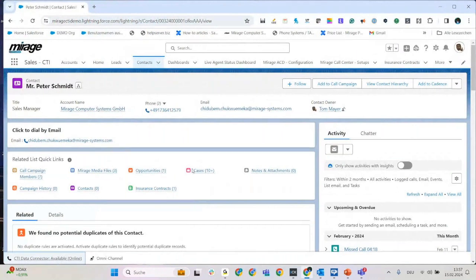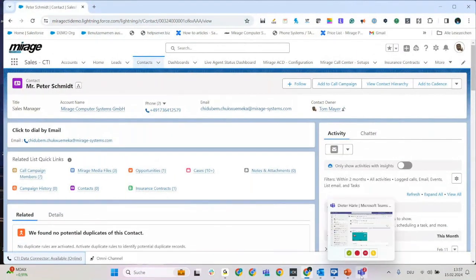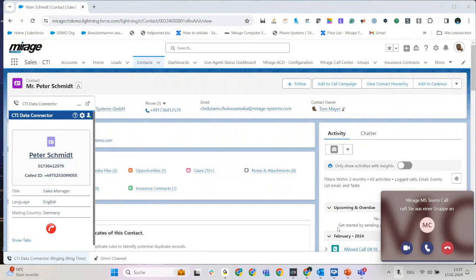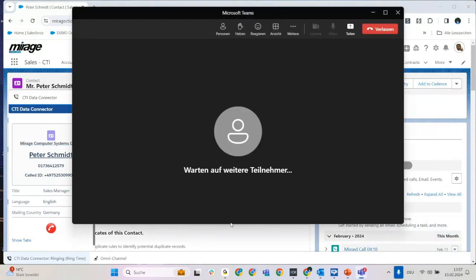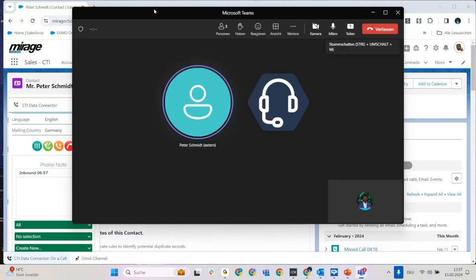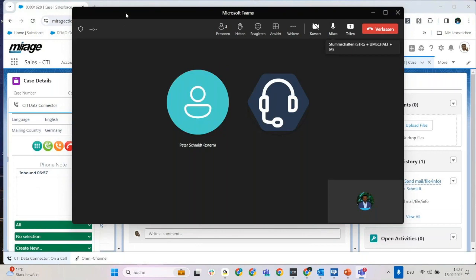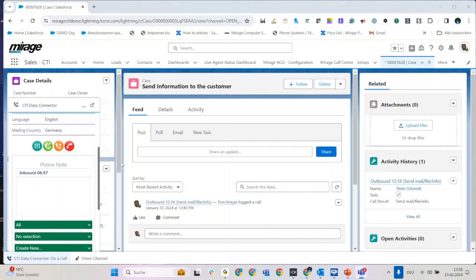Then I will start with an inbound call. Let me check my availability in Teams. That's right. Okay, here we go. So I'm actually picking up the call. And depending on my setup, like this is the setup I have right now in Teams,